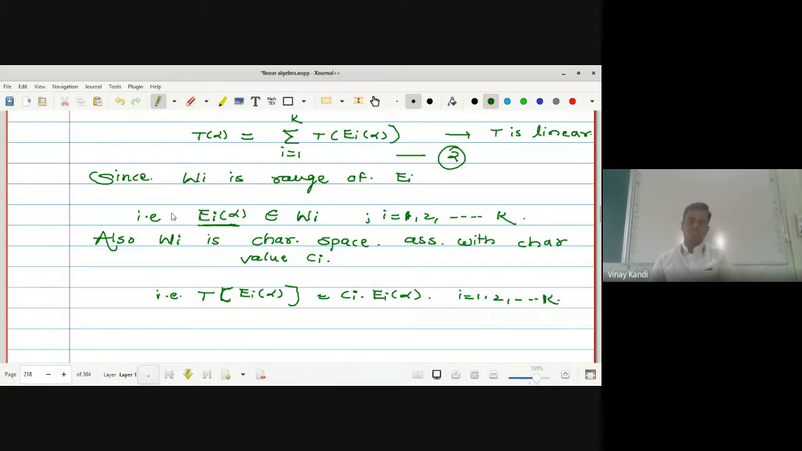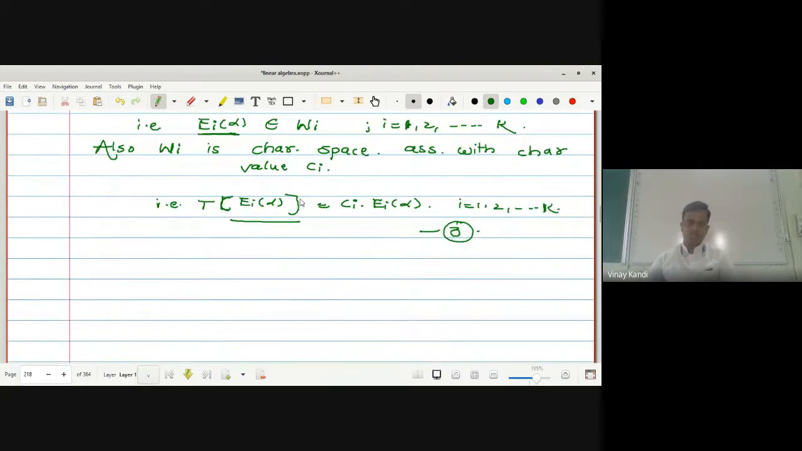Okay, so this Ei of alpha belongs to Wi, meaning it is a characteristic vector corresponding to Ci. That means this Ei satisfies this condition. Okay, now give it as equation number 3. Now using equation 3 in 2, putting the value here, T of alpha is equal to